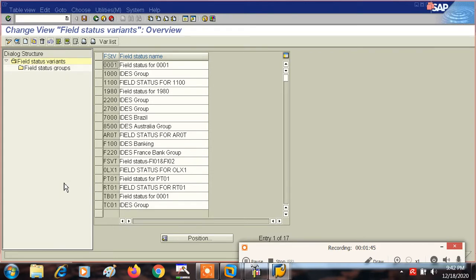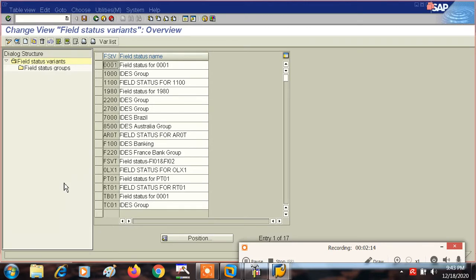Variant is a name, any name you can use, under which we save some data, and under this particular name we can save the data again and again in future. So this is called a variant, right? So here in field status variant, I have made clear what a variant is.